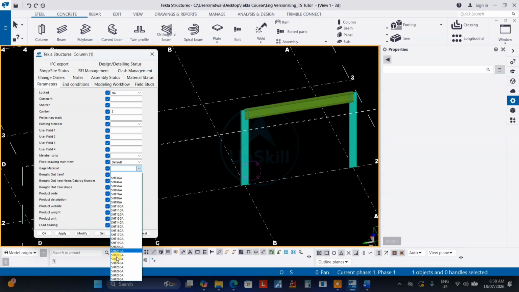And we need to give this one as a gauge value, so you can see it in the drawing and he can understand whatever he needs. Actually, every fabricator has its own standard. Some fabricators use 1 by 8, some use 12 GA. So according to that, we need to provide it here. If 12 GA is there, we can select it from here. Okay, after that,